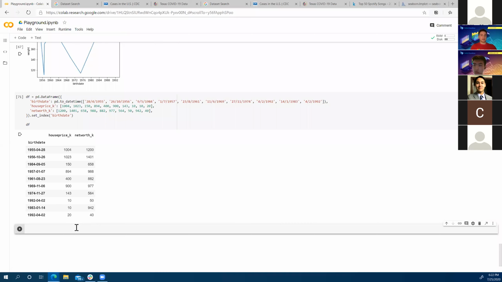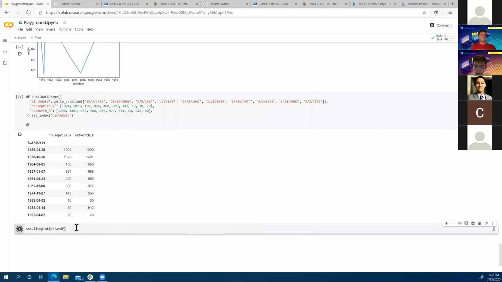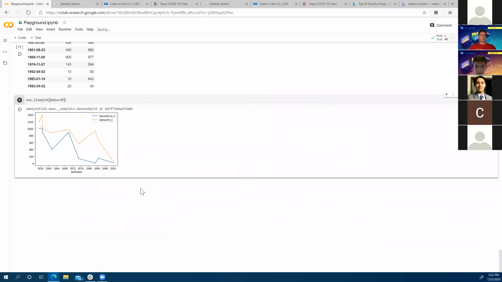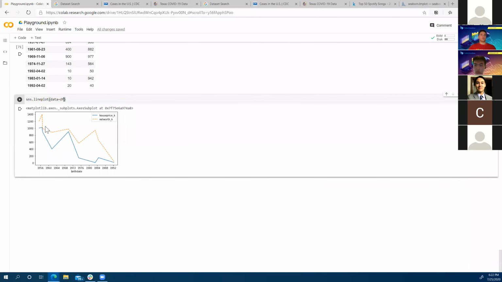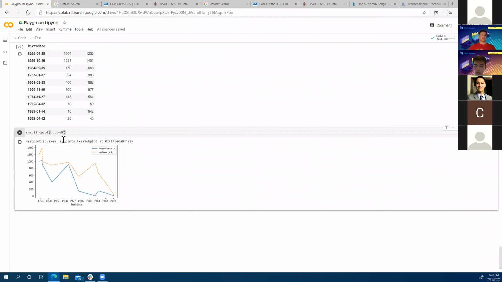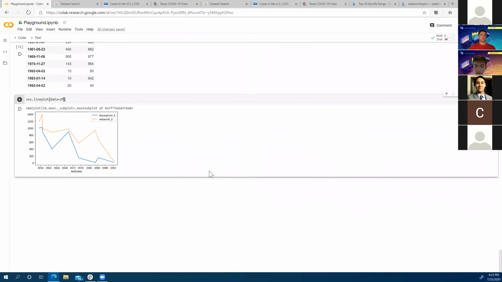So Seaborn has a really simple way to just plot all the columns versus the index. Say line plot, data equals data frame. And this will give me a very nice line plot of the two variables against the birth date. So this is kind of interesting. You can see how net worth in general trends downward as people are younger, which I suppose makes sense because you haven't had enough time to build up wealth.